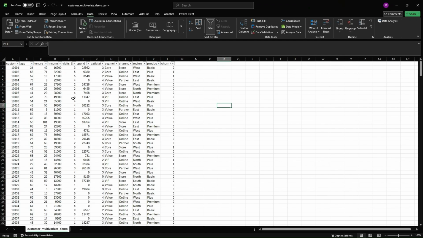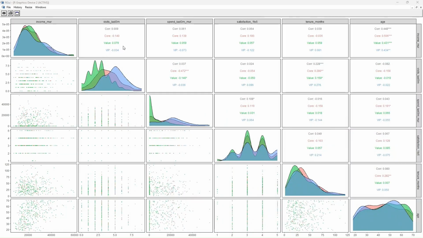You would have here the core segment, value segment, VIP segment. So you will see that the core segment is giving you a correlation which is negative for visit and income. All right, visit and income are negatively correlated for the core segment. These are the different information that you can see. You have value for the VIP segment as well. It is negatively correlated between income and visit for last 3 months. But for the value segment, you can see that the correlation is